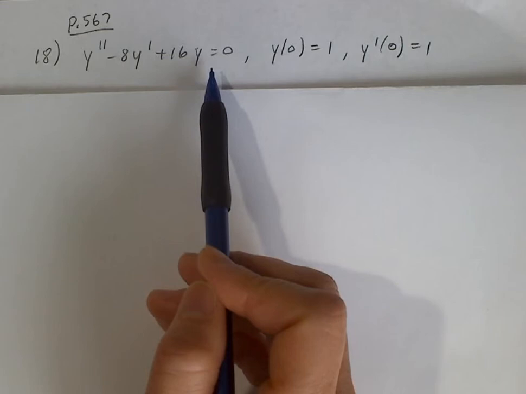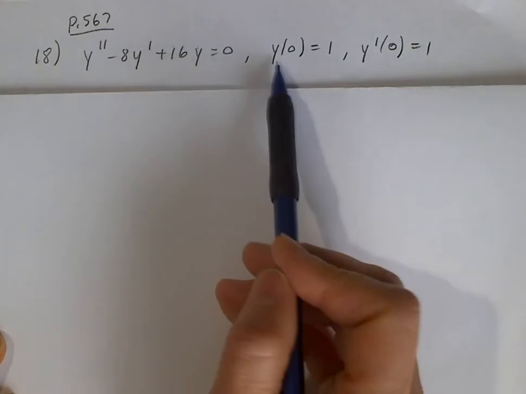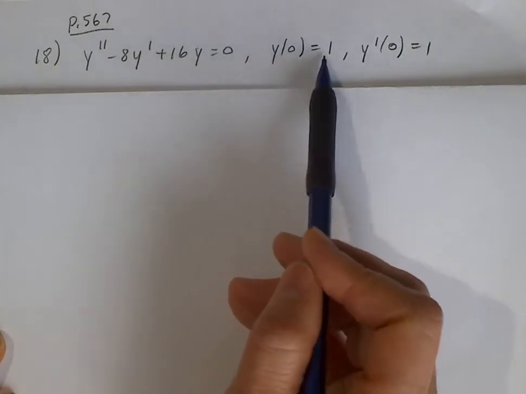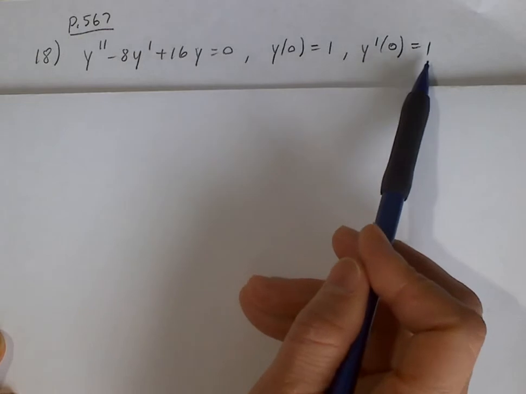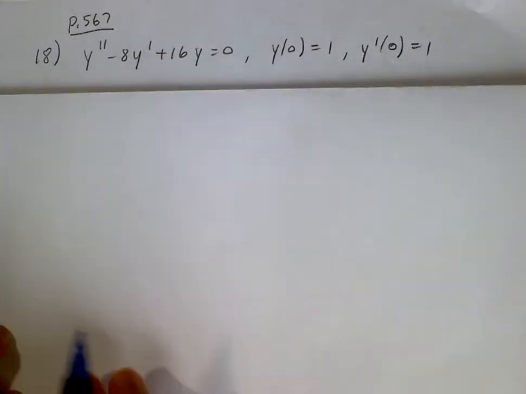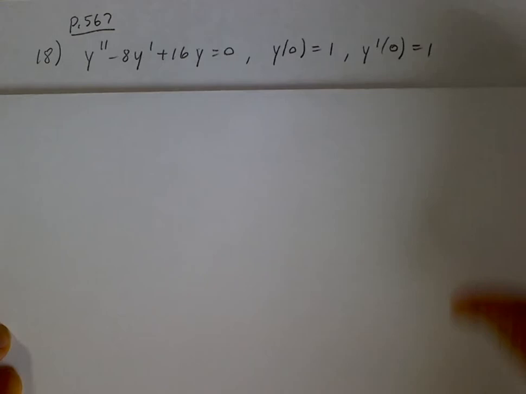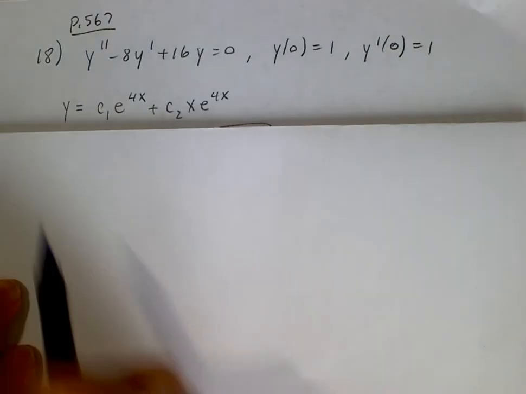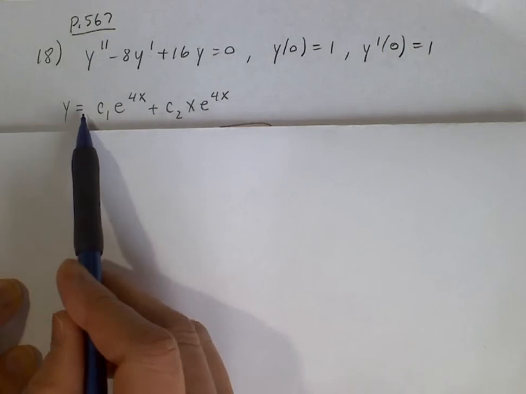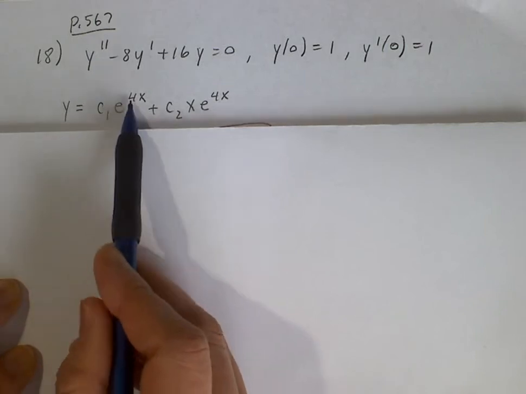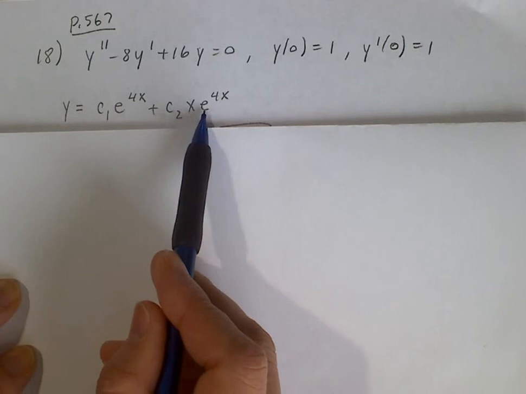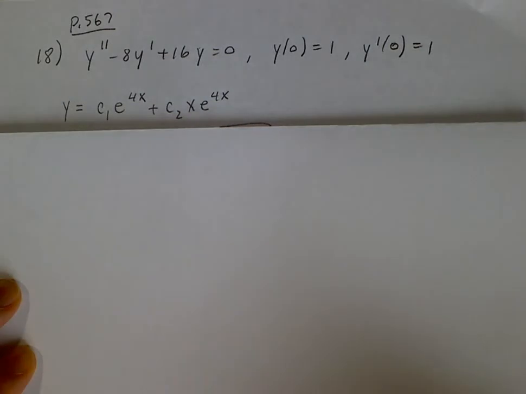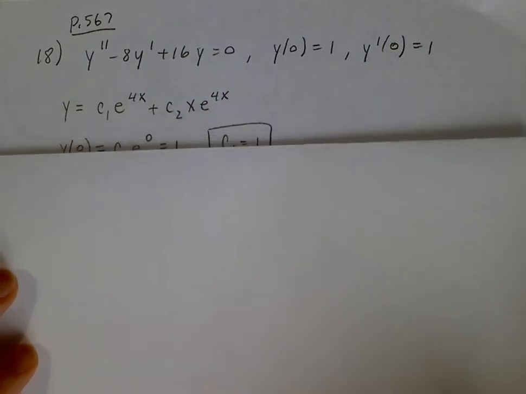And the initial values that are given are y of 0 is equal to 1 and y prime of 0 is equal to 1. So the result that we found from 12b is this equation here. And so we have y is equal to c1 e to the 4x plus c2x e to the 4x. All right, so then you want to first of all find,